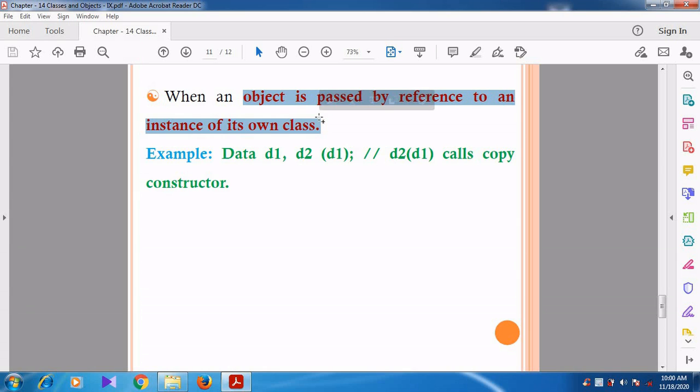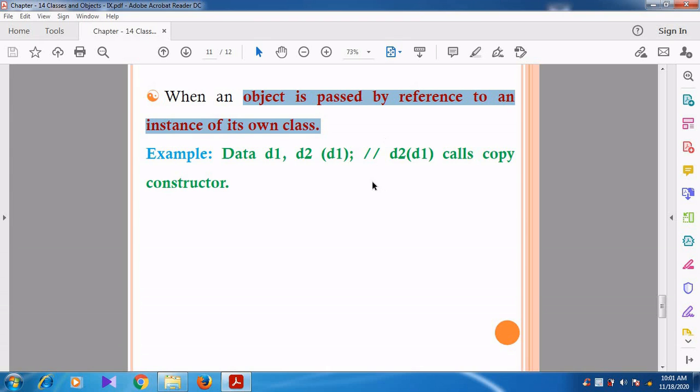The object is passed by reference to another object of its own class. One object is passed as a reference to another object of its own class. Then this is called copy constructor.